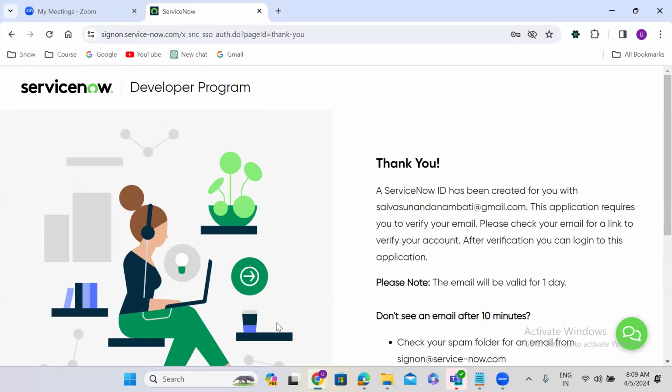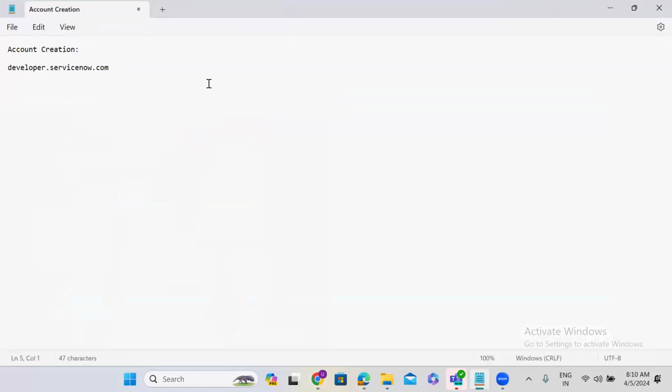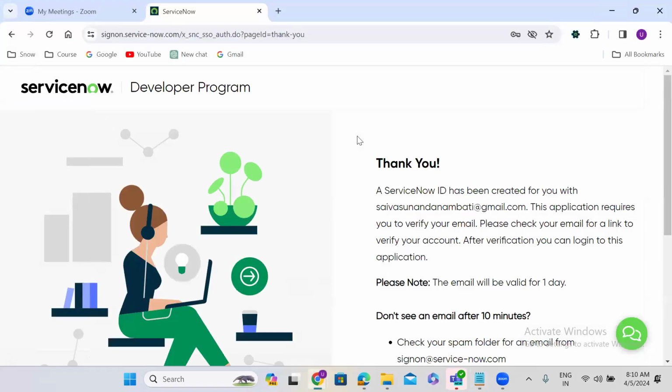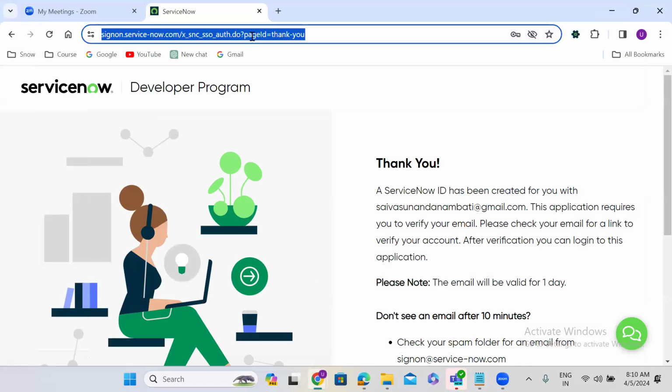Hello Sai, help us tune your experience. Do you code? There is a question here. So guys, this is the portal. Developer.servicenow.com is the link. Once a verification is completed, remember, you need to navigate to